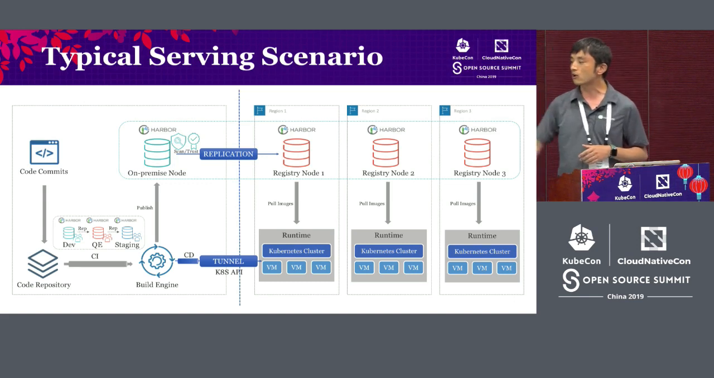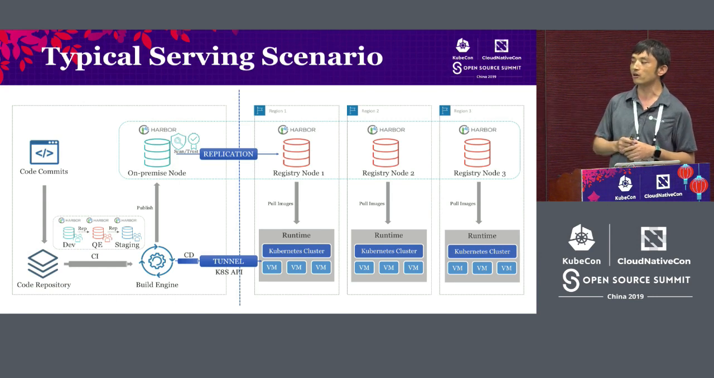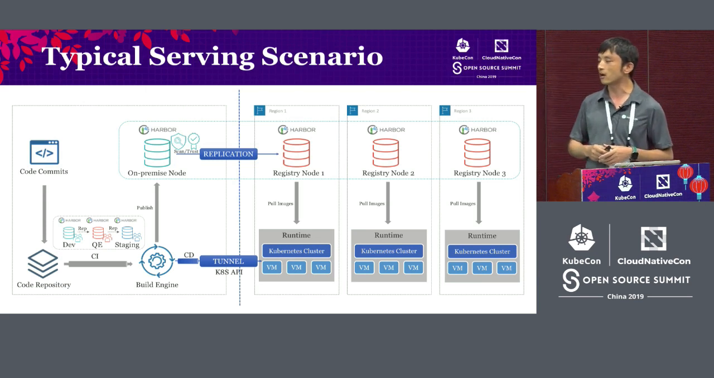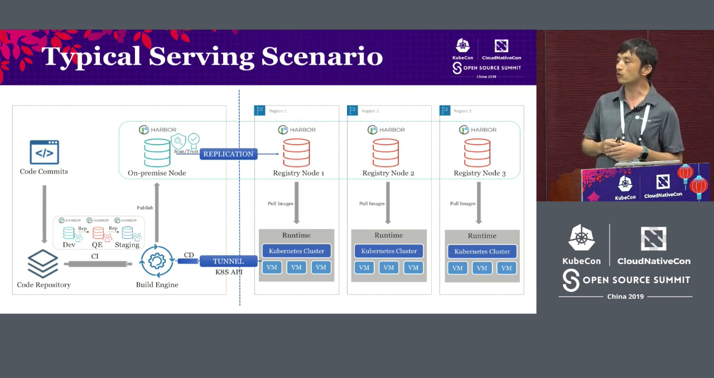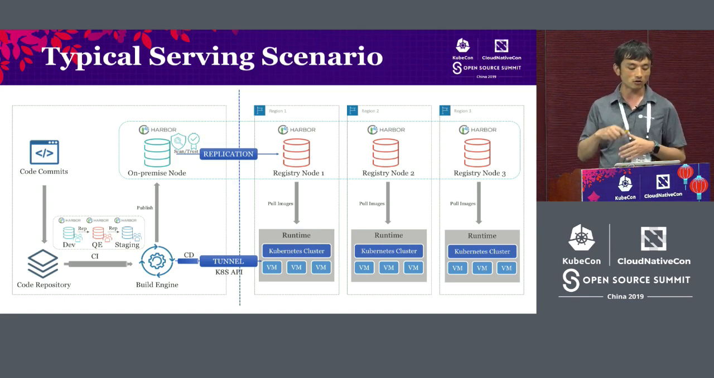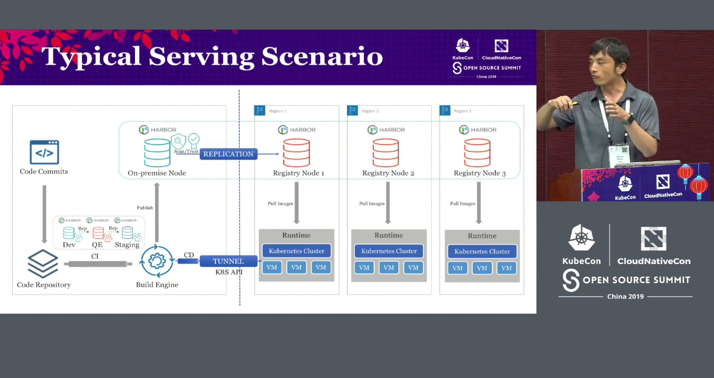So in different regions, when we set up the runtime, we can just use the closest one so that we can save the traffic, save the cross-node traffic. This is a very typical case. So on the left, that is the development stage. This is the typical image